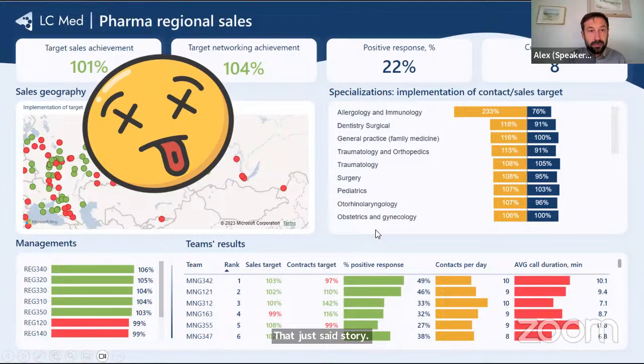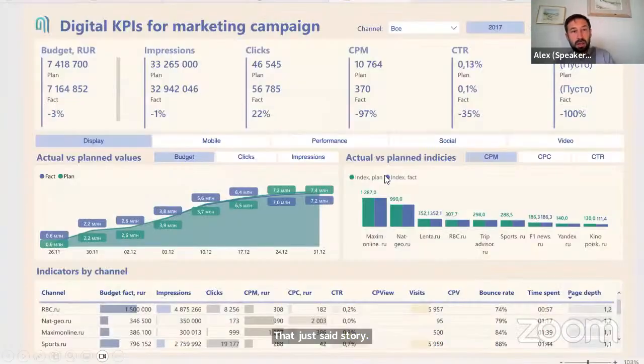Next story. The user of this dashboard was the chief marketing officer for a car dealer. They sold several brands: BMW, Toyota, Lexus, Volkswagen, Audi, and some others.